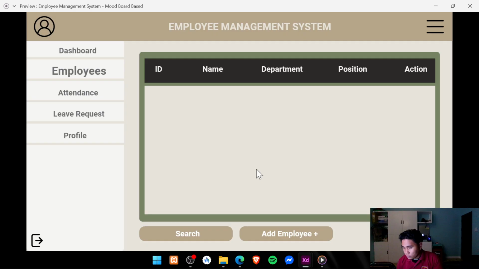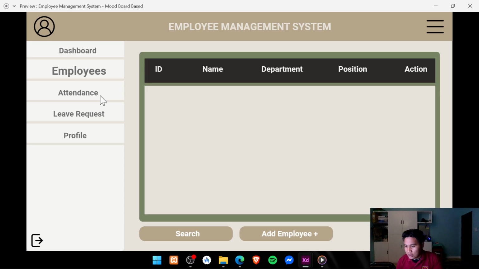The search bar also has no design and is not working. What I did with the search bar is I only added a more appealing search bar, but it's not working. That's it for the employees page.